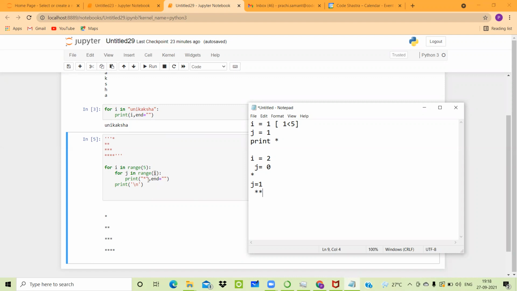I just hope you are getting what I'm trying to say by this. One more star will be printed because the second time the condition has become true. Now, when the value of j is incremented, the value of j is 2, which is exactly equal to that of the statement.